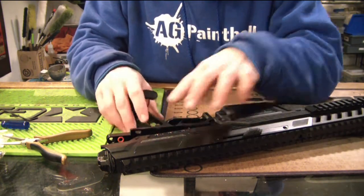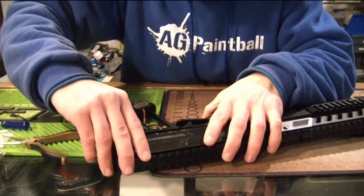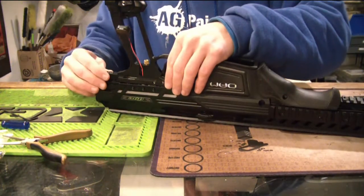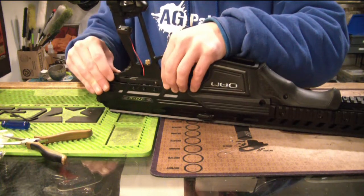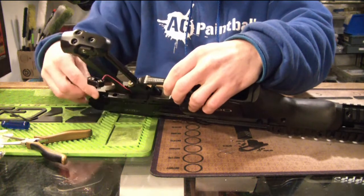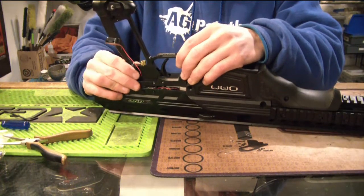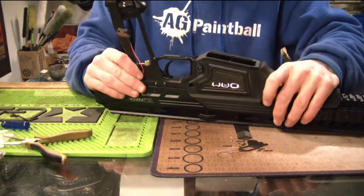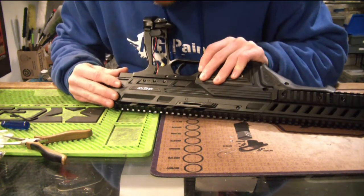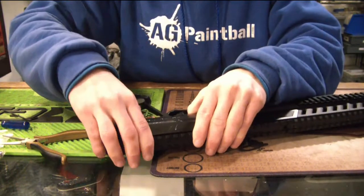And then at this point, you can slide the frame back up onto the gun. Obviously very gently so you don't pinch any wires or anything like that. Just want to make sure this is not pinching anything. There we go. And it's just not totally lined up, and I don't even want to try and pinch that. There we go. So just be very careful when you do that, guys, so you don't pinch any of the